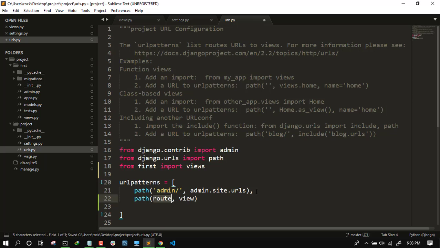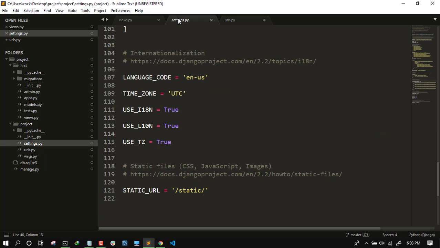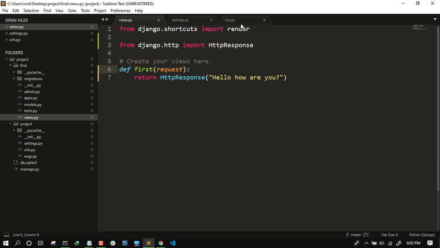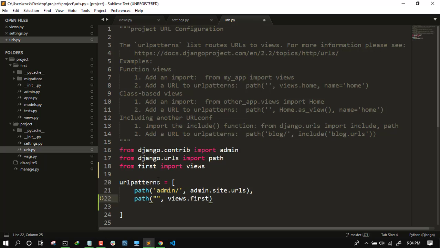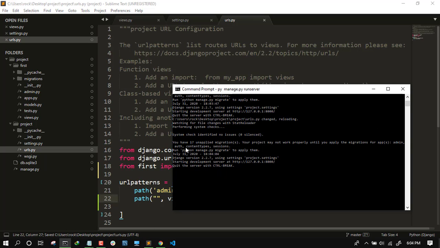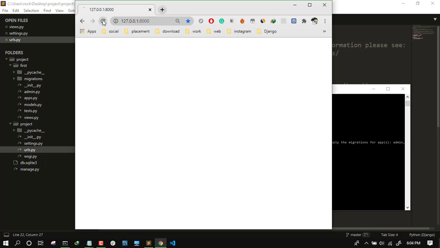Use path, and I like to give the empty route, then views dot the name of the function which I have given, first, followed by a comma. Now it is not showing any kind of error, which means our code is right. So go to the browser and refresh it: hello how are you.